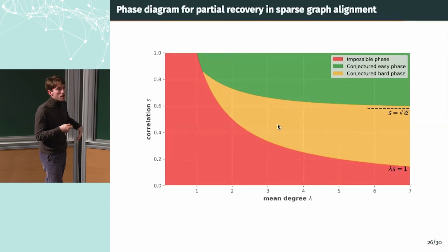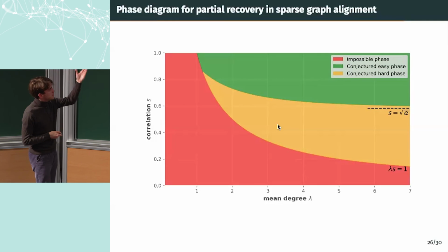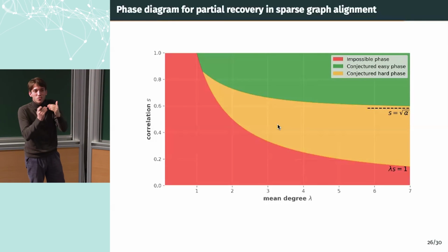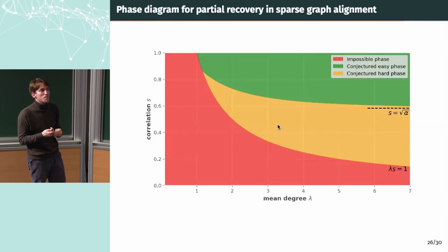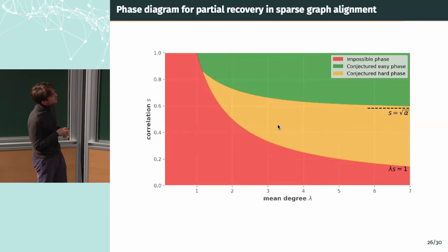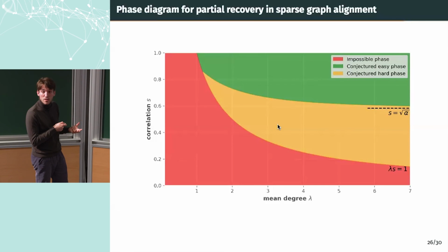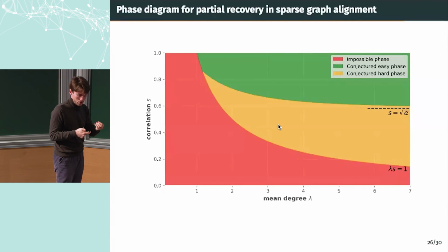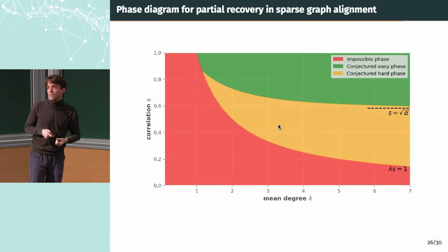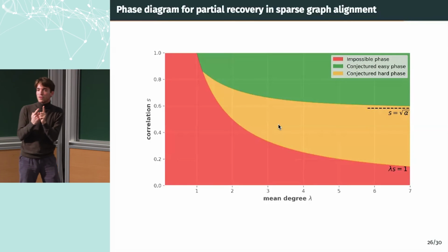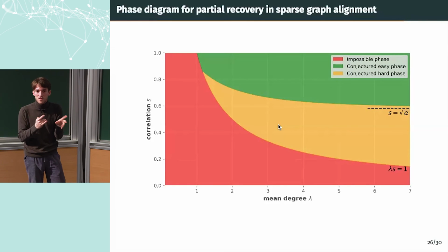So this is why we have many clues now to conjecture that this is the sign of a computational gap, and there is some hardness in this problem, because here we know that theoretically we have enough signal, thanks to this first result, but we are not able to find a method that works in polynomial time to recover it. Is that clear, the difference between hardness and feasibility? Okay.